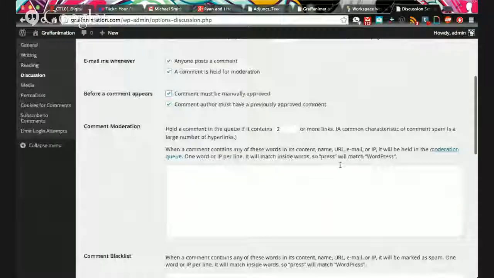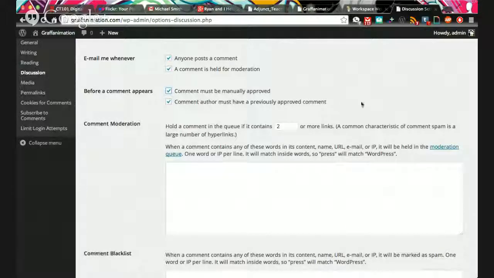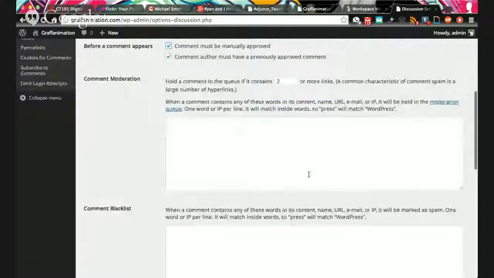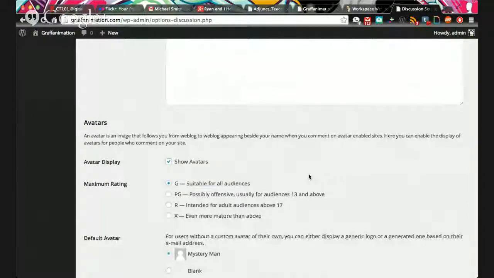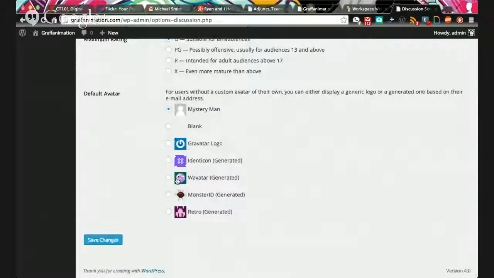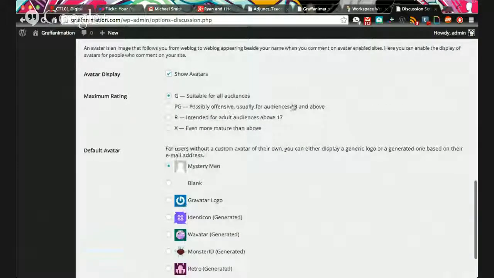Okay. Absolutely. I do that with all of my sites. I always manually pre-approve all the comments before they go directly to the site. Otherwise, you could just end up with a ton of spam, and sometimes allowing it even once just leads to a whole new influx of all kinds of different stuff. But also down here, you can choose how the avatars are shown and the ratings for who can access and what they can see, and also changing